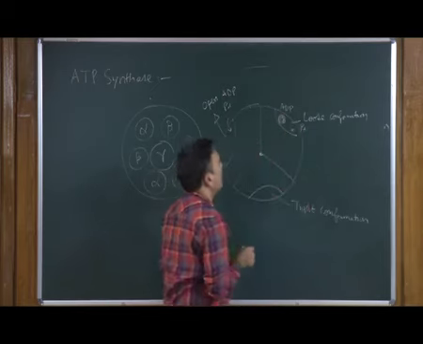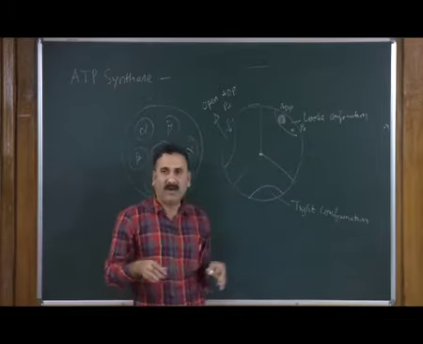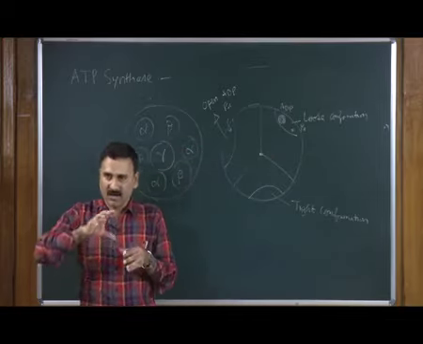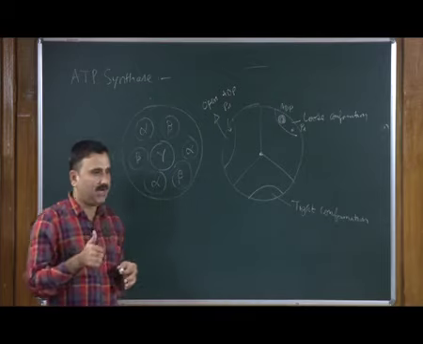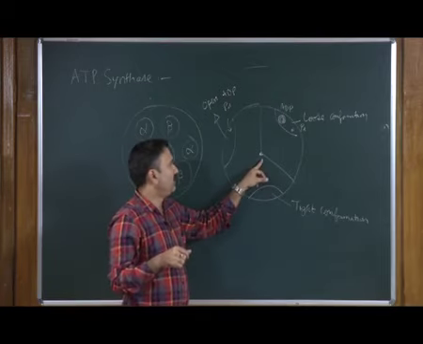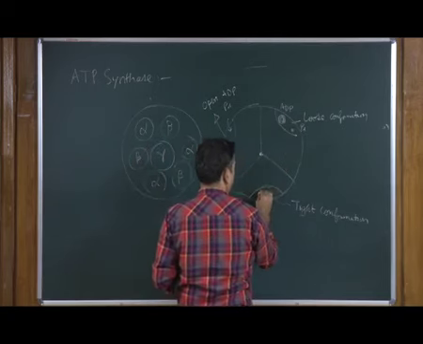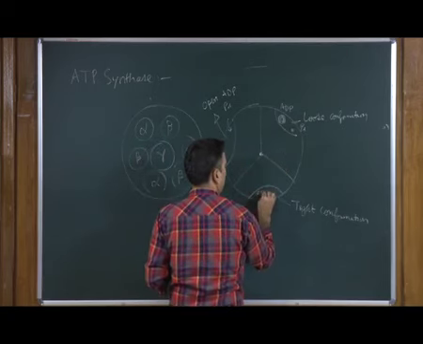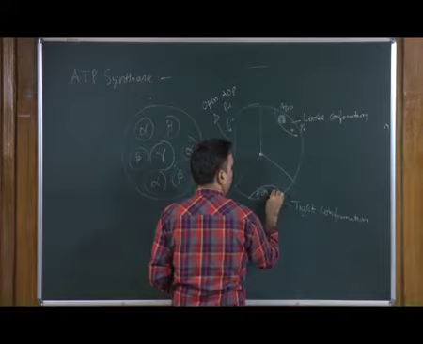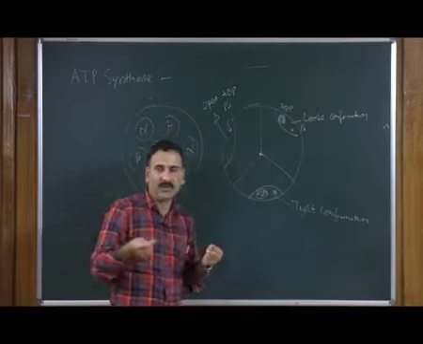Okay. As soon as they bind to the loose binding site, the gamma subunit again induces the conformational changes, and as a result these 2 molecules come and bind here in a tight conformation, and once they bind in